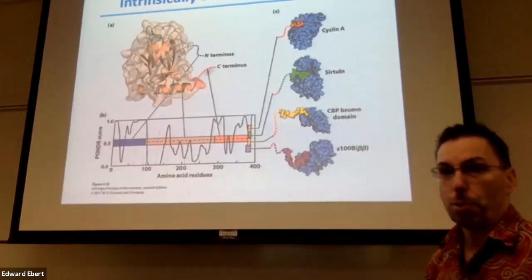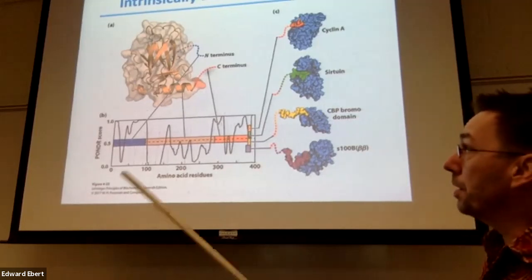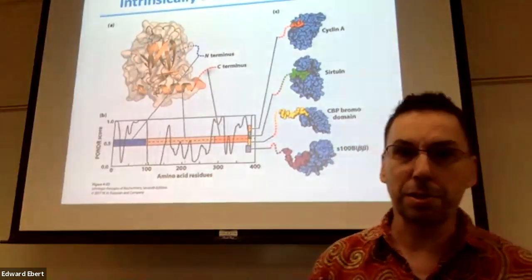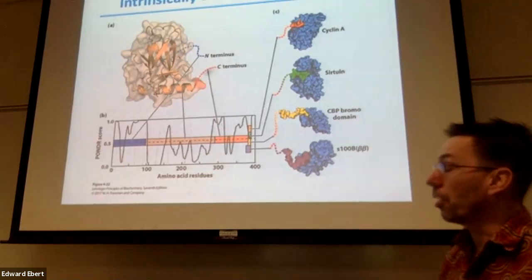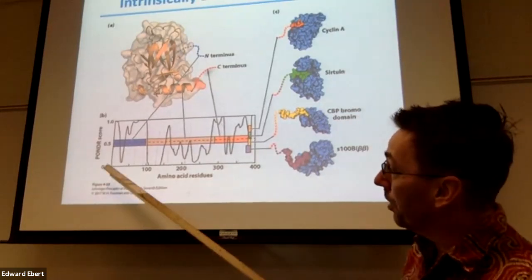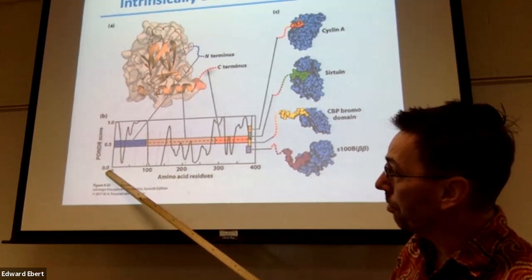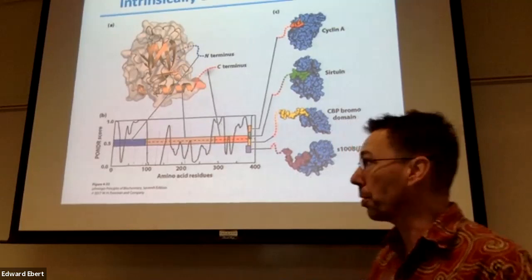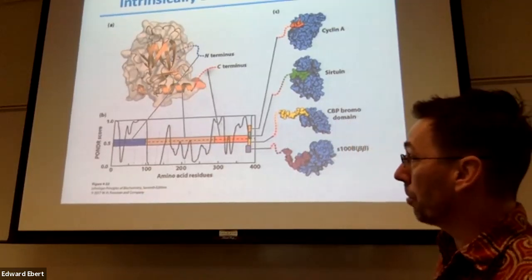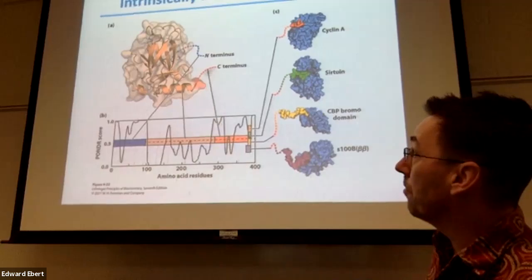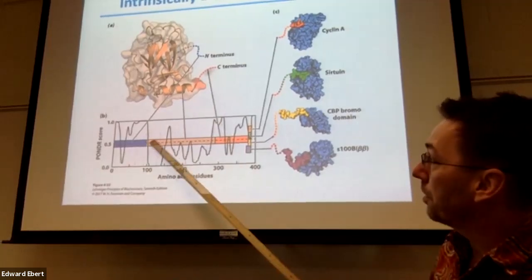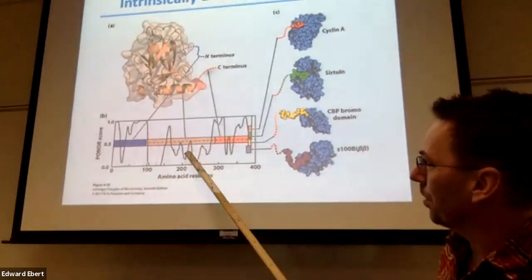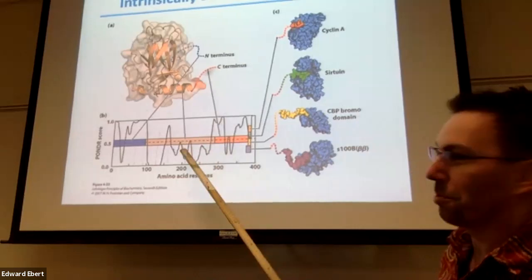Okay, so we can actually talk about PONDR, P-O-N-D-R, which is a prediction of natural disordered regions based on our primary sequence. The PONDR scale ranges from 0 to 1. The closer to 1, the more it's basically 100% disordered. The closer to 0, the more likely it's in a particular pattern. So in this case, we're looking at a p53 molecule here. And the center region, in this pinkish color, whatever color this shows up as,